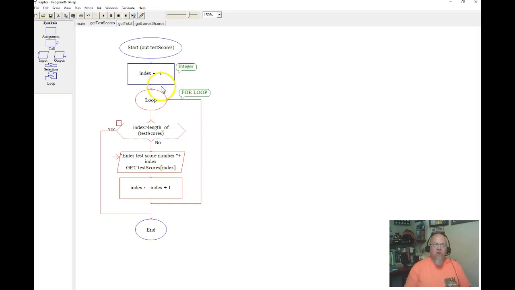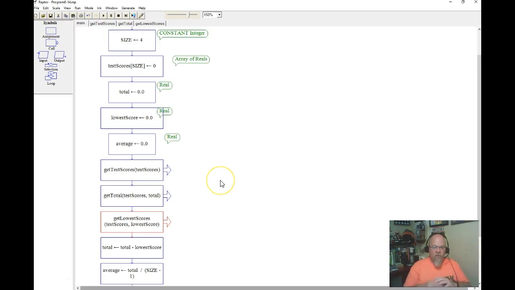So in get test scores, we basically set our index to 1, we've got a for loop. We're going to do this until the index is greater than the length of test scores. Again, length of test scores is the number of elements in the array. We ask the user to enter a test score. That's all it does. We come back, so once we've done that,